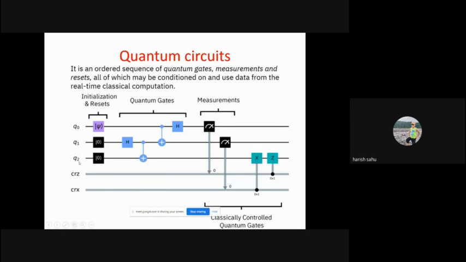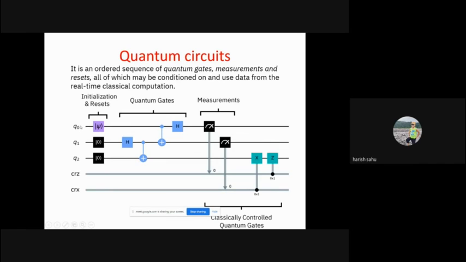So a single horizontal line denotes a qubit, and they can be reset or initialized. In classical computing also we initialize some variables with zero values. Similarly, if you want to initialize qubit 1 and qubit 2 with 0, we can reset those qubits using the operators or the quantum gates.